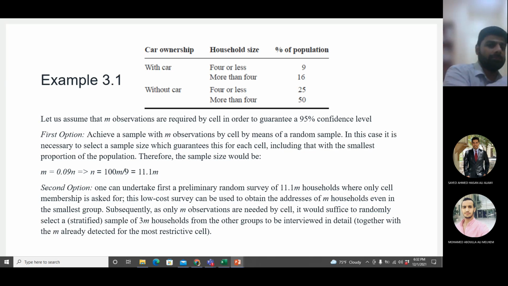So I know out of 111, let's say 20 belong to the 9% category. Okay, but I only need 10 samples, right? I only need 10 samples. So for those 111 households, I know exactly their category. Okay, so I don't have to do the entire survey of the 111 households. I only need 10 in each category. So I will do the final survey for only 40 households, 10 from each category.